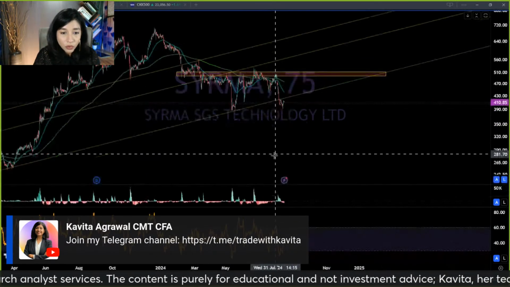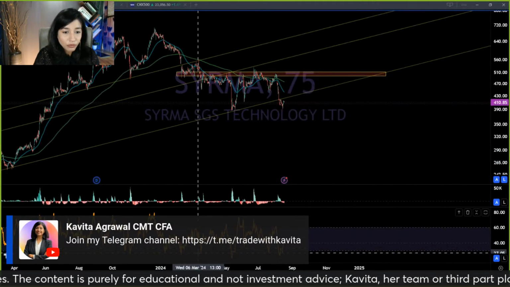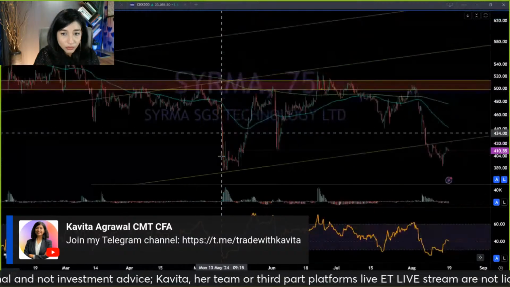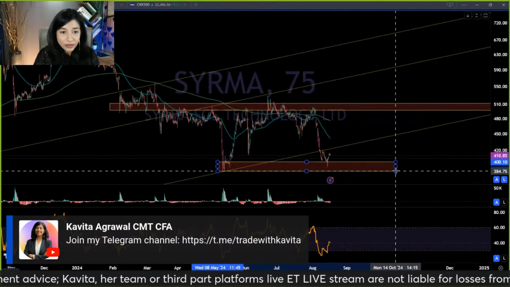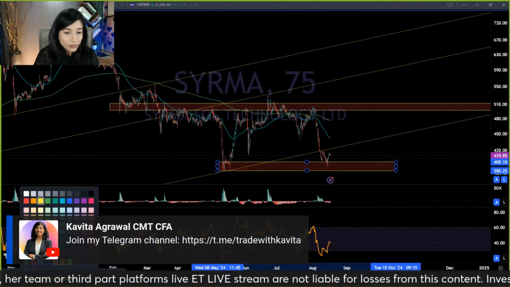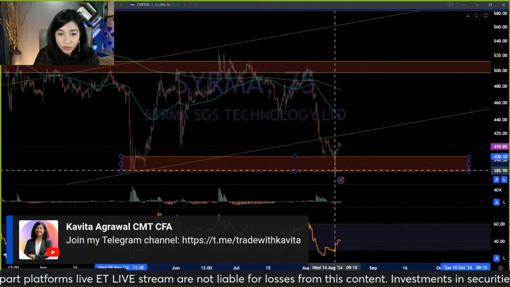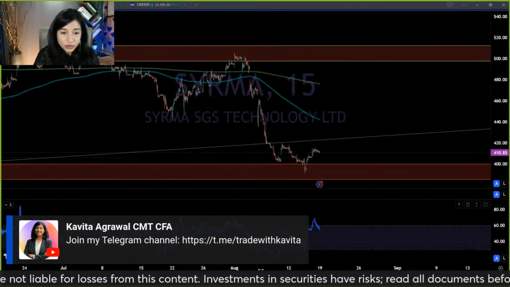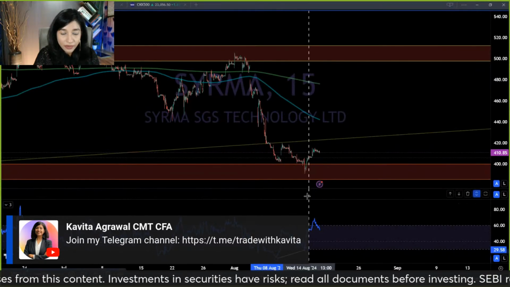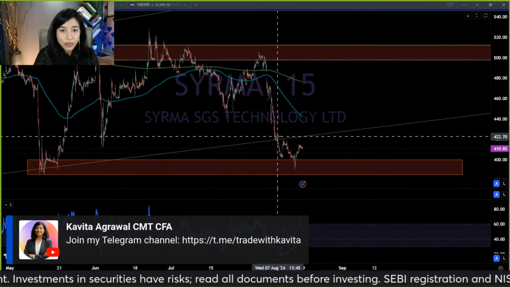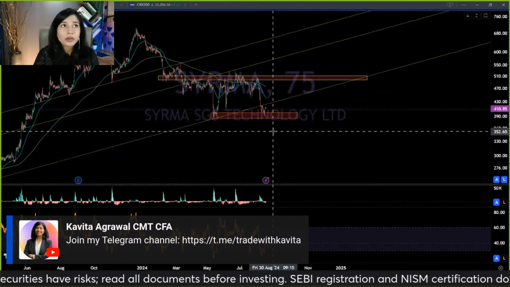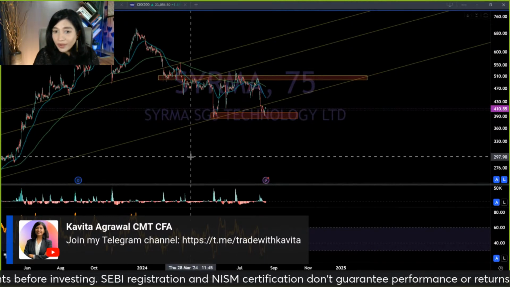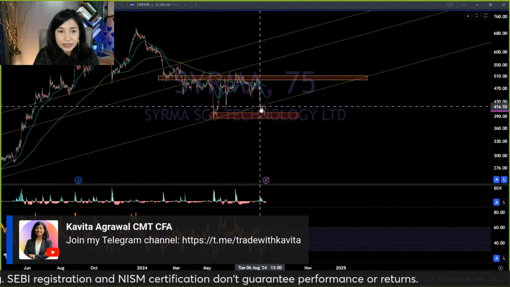Correct? Going to the 75-minute time frame. The 75-minute time frame is actually not that bullish yet. It created a real low here, and then the price has come to retest this real low, but there's a tiny little positive divergence. Okay, a more pronounced positive divergence on the 15-minute time frame. So I think this is an opportunity for fresh entry. You've entered at 414, so very recently.